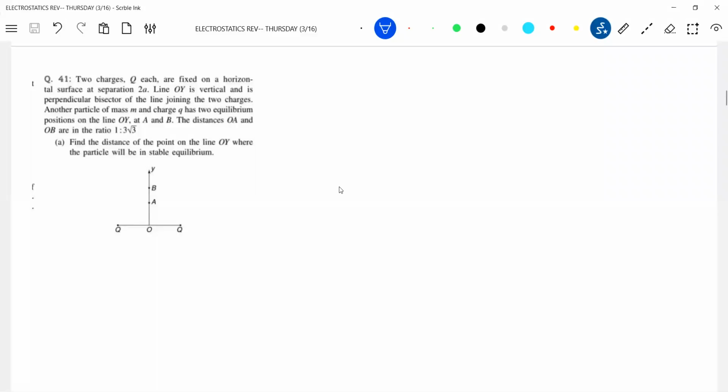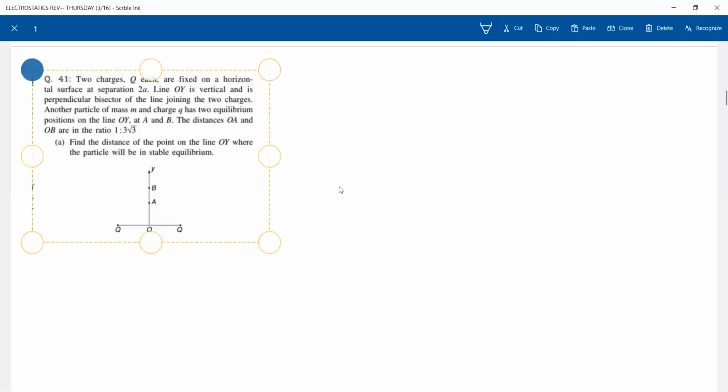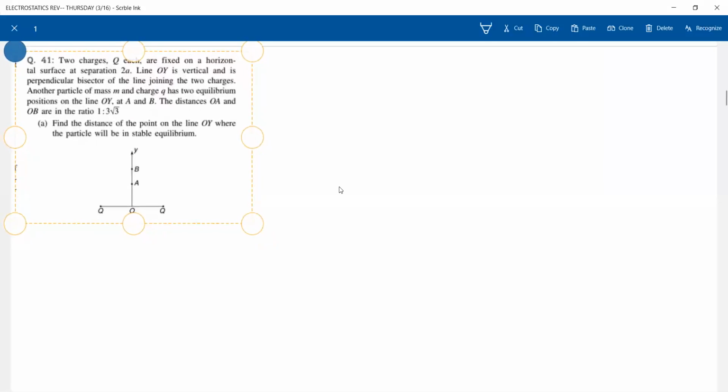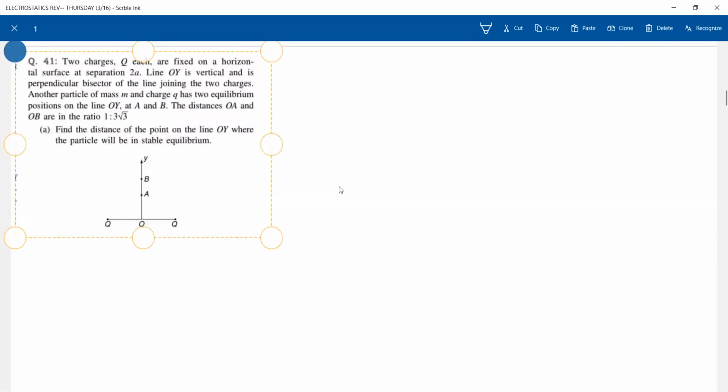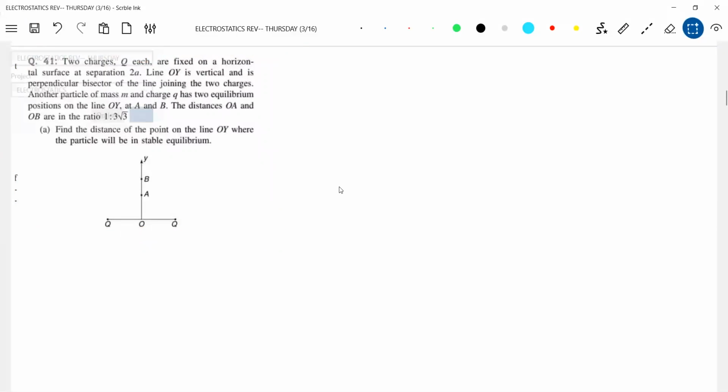I'll read the question. Especially, I think point charges come, no? Most of the questions, some mathematics will be involved. I think this won't happen. Only 2 point charges, okay. More than 2 point charges, some mathematics will be involved. If you have that one background, you will be on the safer side in most of the numericals.